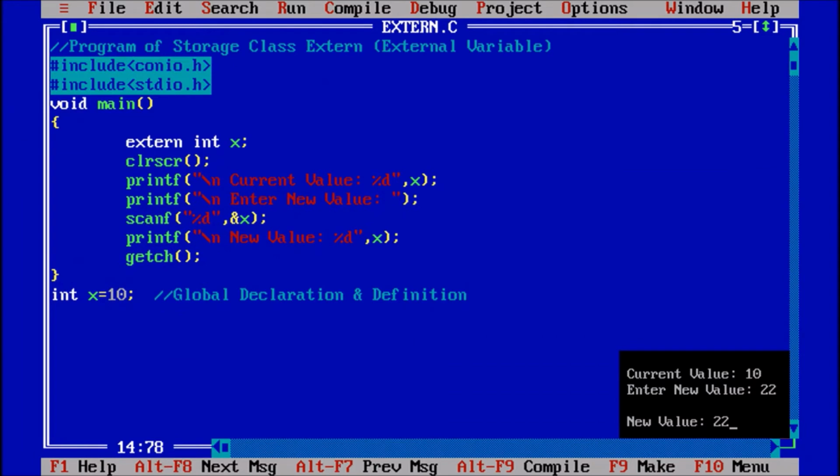So the same program we are working with the help of the storage class extern, or we can say using the external variable. So #include <conio.h>, #include <stdio.h>. Now this one is the main function, and here we have declared int x is equal to 10. So int x is the declaration, x is equal to 10 is the definition.